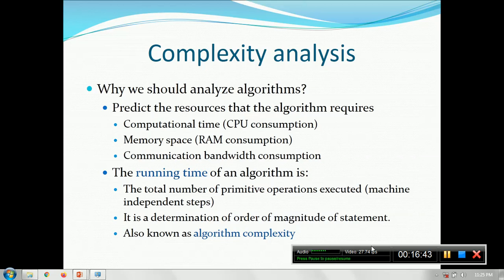Generally, suppose you have a statement inside a loop. The loop is running n times. So how many times will that particular statement execute? N times. Repeating again, suppose you have a while loop that is running n times, and within the while loop you have just a print statement. If I try to find the complexity, it is the determination of the order of magnitude of the statement. So that print statement will execute as many times as the loop executes, that is, n times. So this loop is going to execute n times.